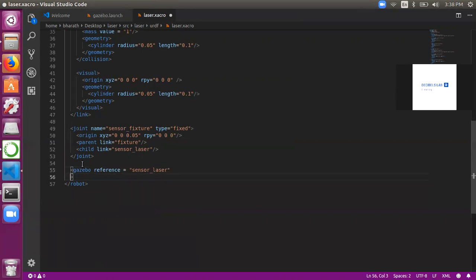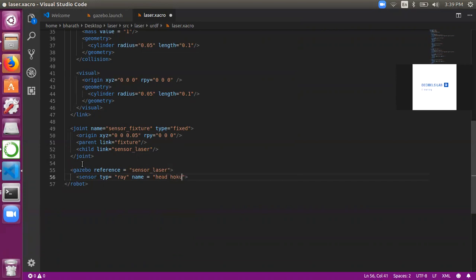Yeah. So let's tap on enter. And then the sensor type. What type of sensor is it? So just type in sensor type is basically a ray. So a laser scanner would send data which is ray, right? So we'll just type in laser. So the type is ray, and then here just type in head